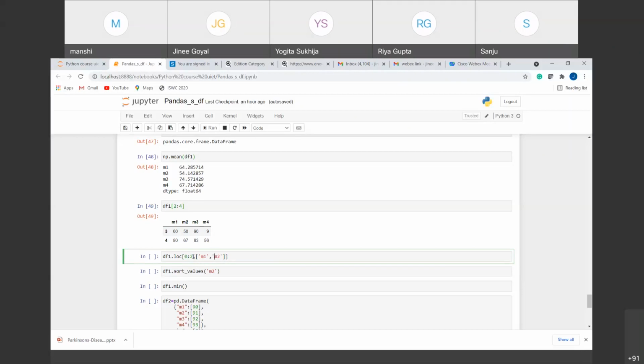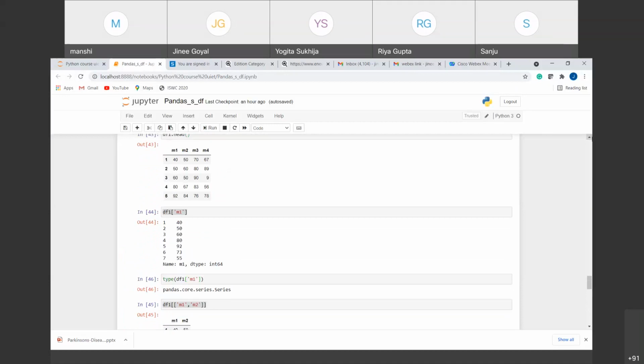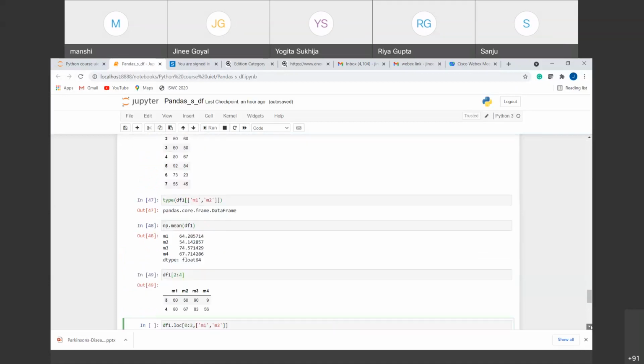In the indexes, I want from 0 till 2. It means the 0th row and the first row, right? And what columns do I want? I want M1 and M2, right? So it should give me these 4 values, right? Let's see.